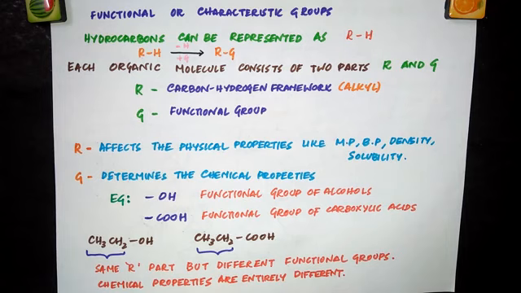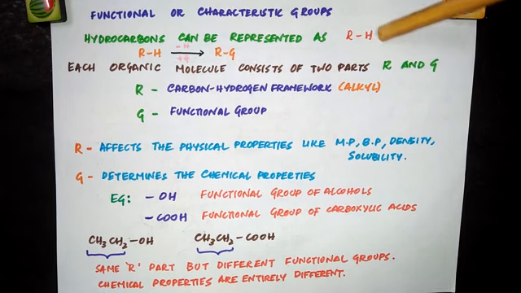Another example is ethane. CH3-CH3 is ethane. If you remove one hydrogen atom, you will have CH3-CH2. That part is called ethyl. So that ethyl is also an alkyl group. So this R can be methyl, ethyl, propyl, butyl, anything. So how will you get this alkyl part? If you remove a hydrogen from the hydrocarbon, which means the alkane, you will get the R part. So hydrocarbons can be represented as RH. It can be any hydrocarbon like alkane, alkene, alkyne, single, double or triple bond. So this is the common representation of a hydrocarbon.